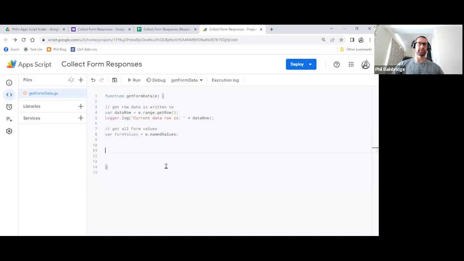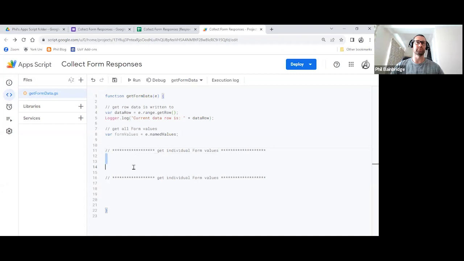So I'm just going to insert a little bit of space now. I'm just going to use a comment just to help format this next section. So I'm going to insert a comment. I'm going to put some asterisks in, and then I'm going to put "get individual form values". I'm going to put some more asterisks in like so, and I'm going to copy that, and I'm going to paste it a bit further down like so.